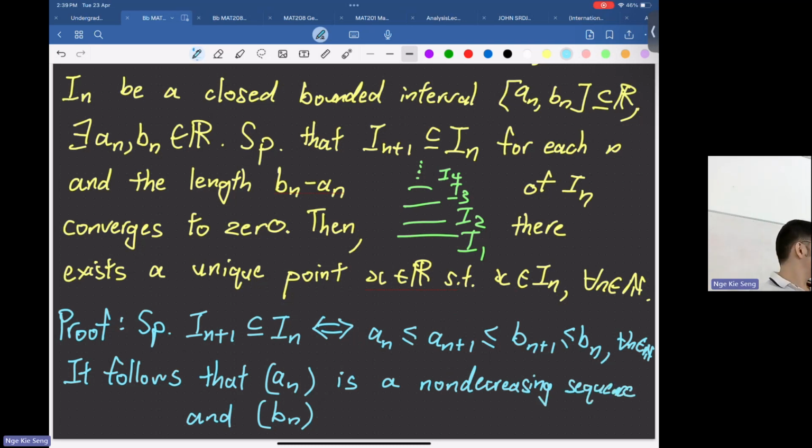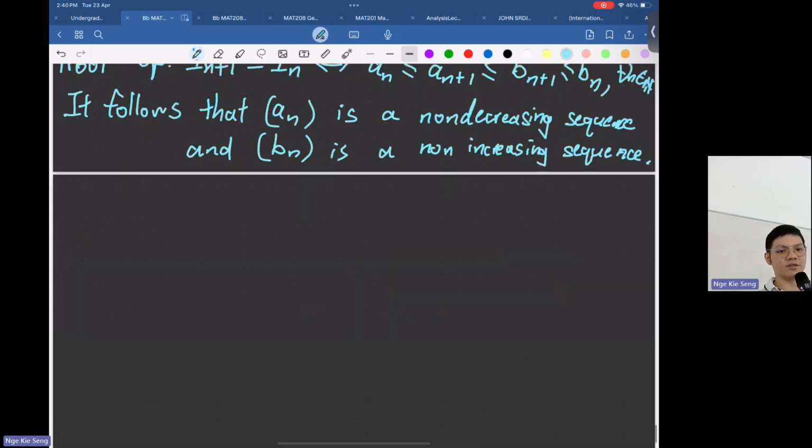Okay. How about bn? Bn is the other way, right? Bn is greater or equal to the next term. So it is a non-increasing sequence. In particular, they are monotone, like what Joshua suggested. So monotone, right? Just now we said a monotone bounded sequence converges. So if we have boundedness, then we might find some limit. So try and see whether they're bounded or not. Are they bounded or not?